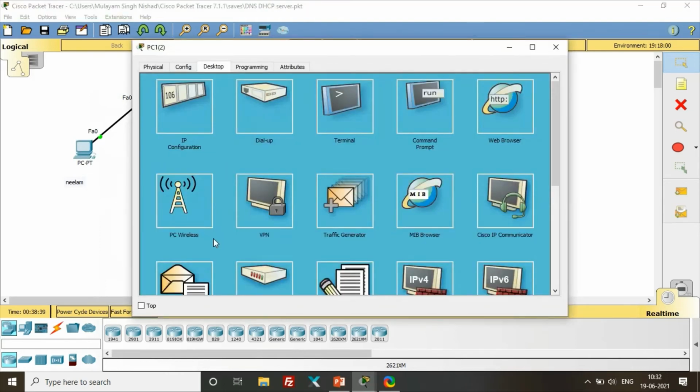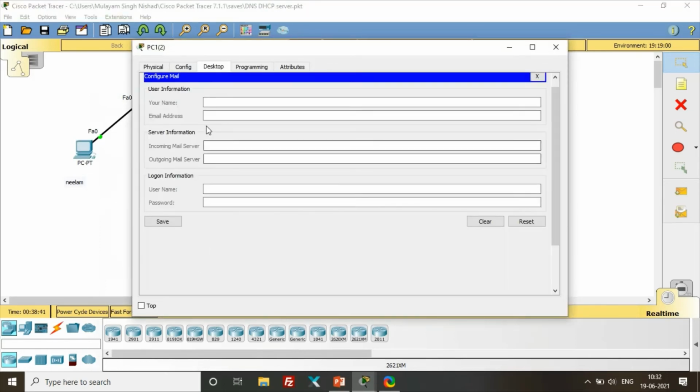Now go to Dharmendra. Put your name as Dharmendra, and the email address is dharmendra at the rate india.com.